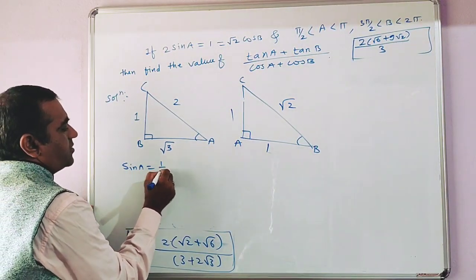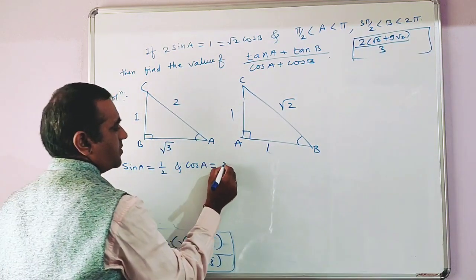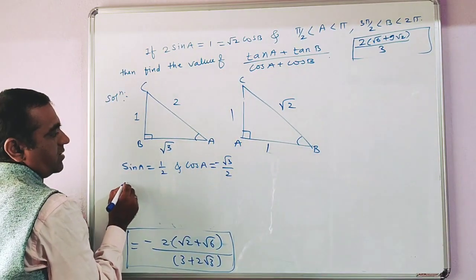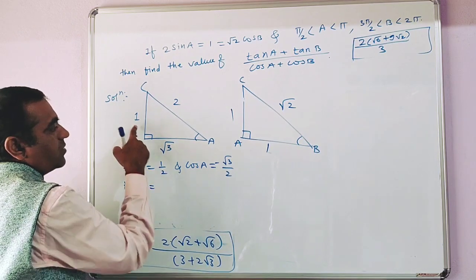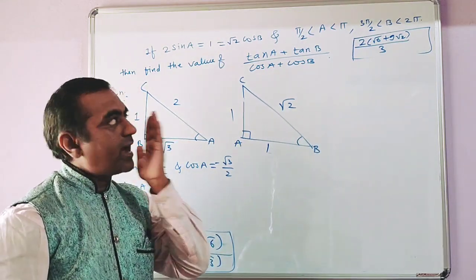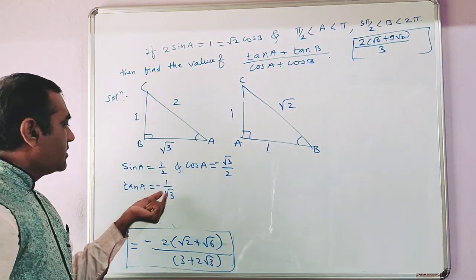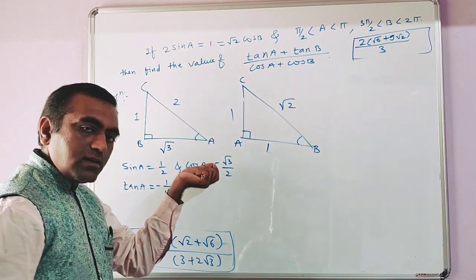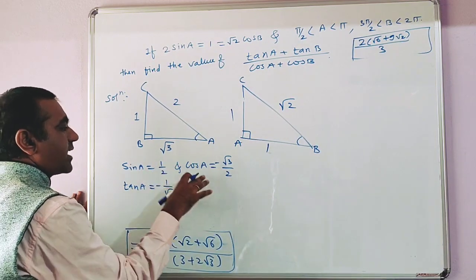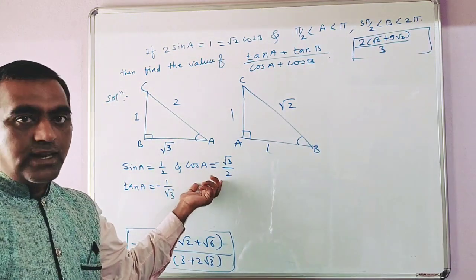Now sin A is 1 by 2, cos A is equal to root 3 by 2, but this lies in the second quadrant, therefore minus root 3 by 2. Tan A is equal to 1 by root 3, that is again minus 1 by root 3, because A lies in the second quadrant. Keeping in mind that A lies in second quadrant, you have to give the signs here. Yesterday we saw what the sign will be for all of these: first quadrant, second quadrant, third quadrant, fourth quadrant. In the second quadrant, sin is positive, cosec is positive. That's why cos A and tan A are negative.